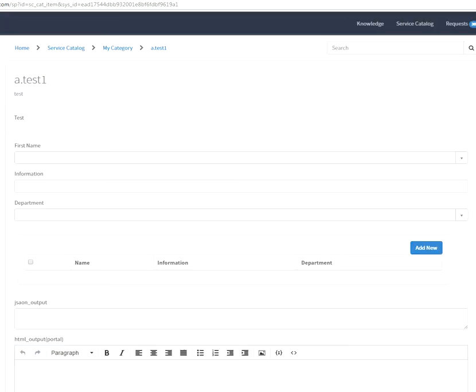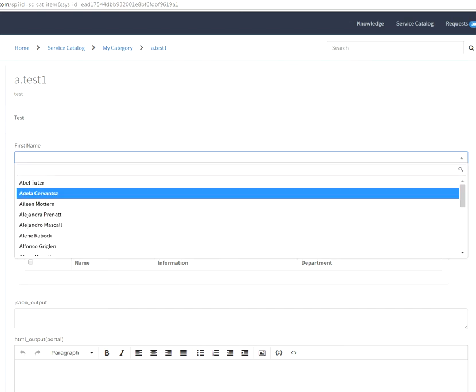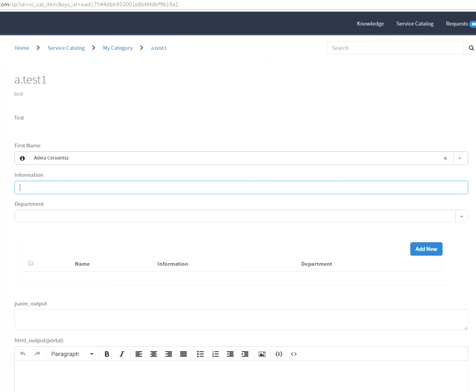This is a catalog item which I have developed, and this is the widget part which I have developed. Sorry about that. Now, the first field is a reference to a user field, sys_user. The third one is a cmn_department reference, and the middle field is just a normal text box, single line text box. So now if I select a user, then I enter any information, and then I click on